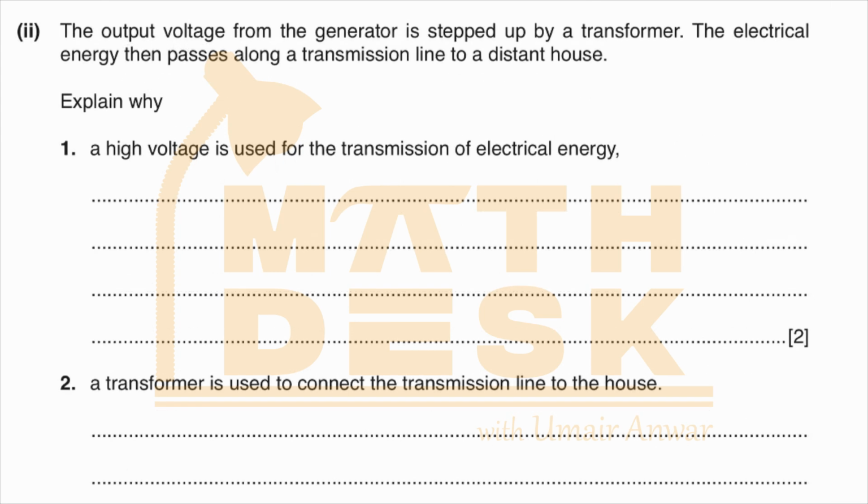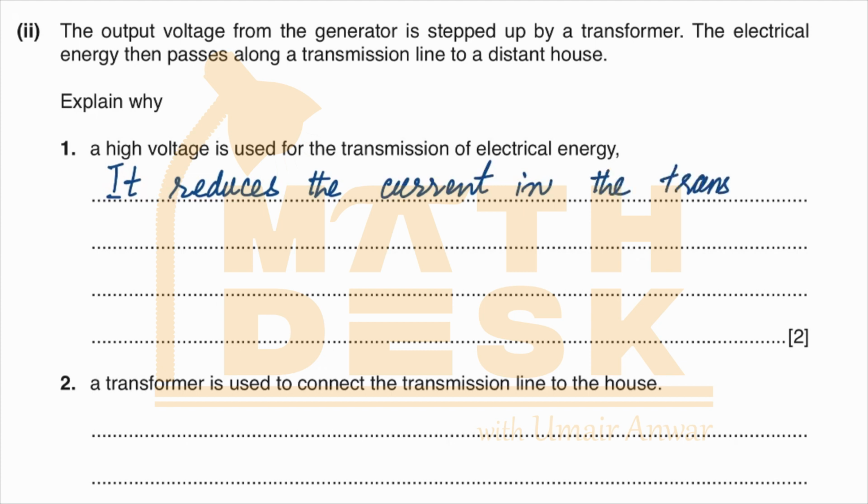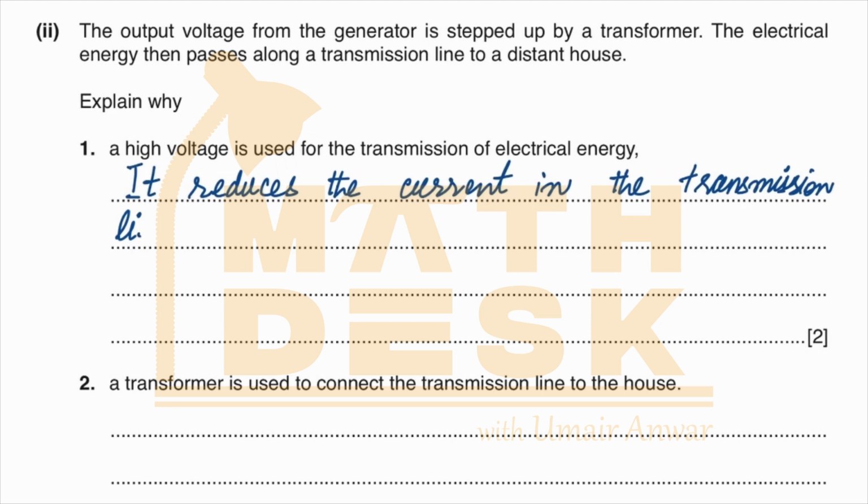So a high voltage is used for the transmission of electrical energy because it reduces the current in the transmission lines or wires